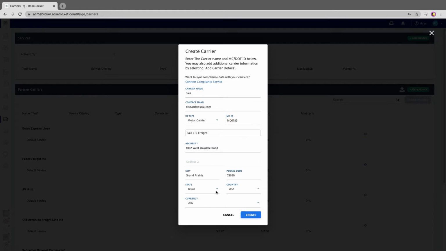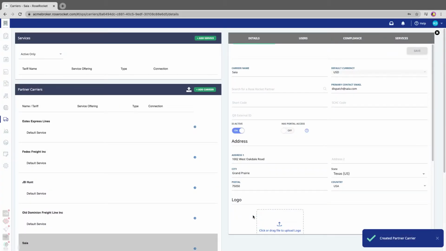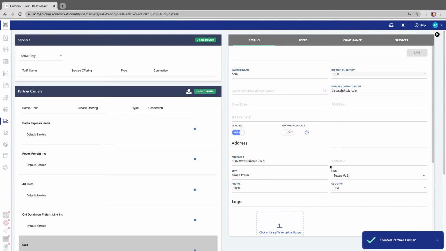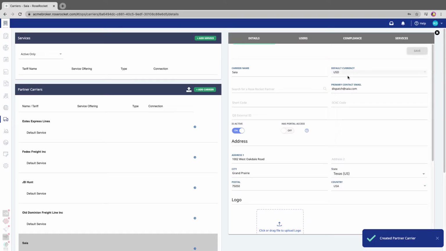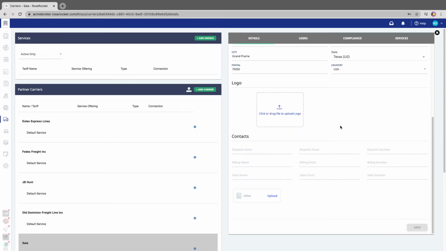So double check that the address is correct, and most importantly, double check that the currency has defaulted to the correct one. When you're done, click Create. On the right-hand side, this is the carrier profile details page. So the most important thing that you'll want to update as a minimum is the contact